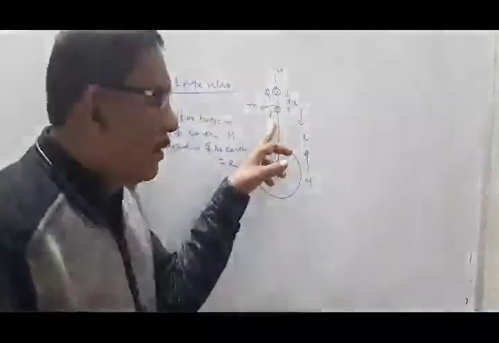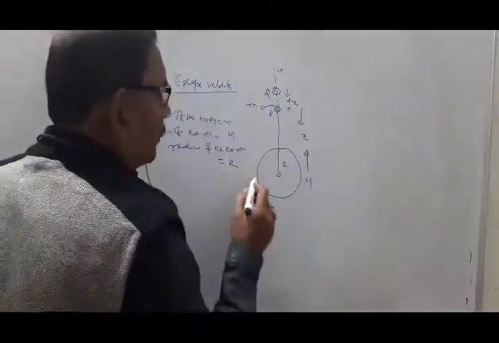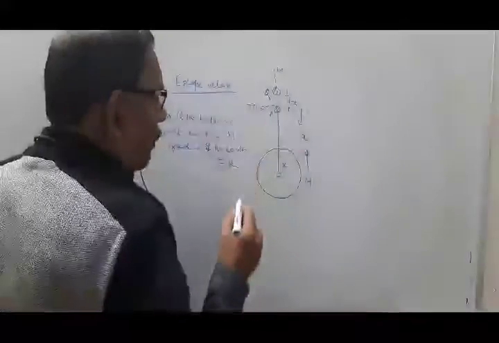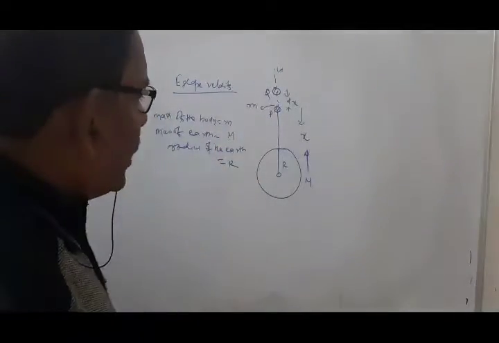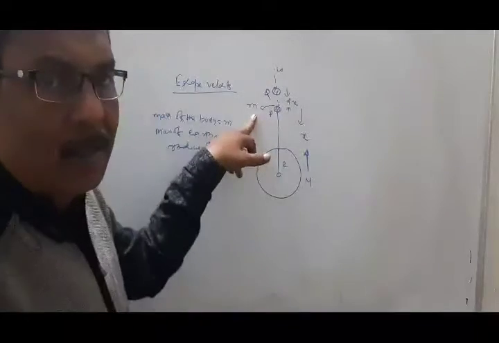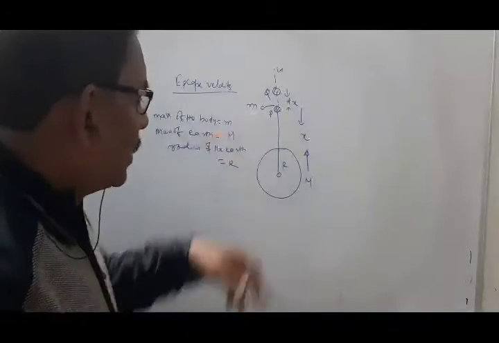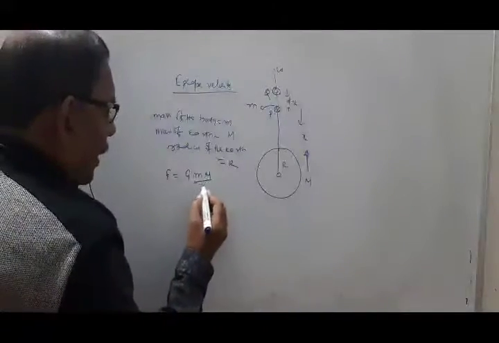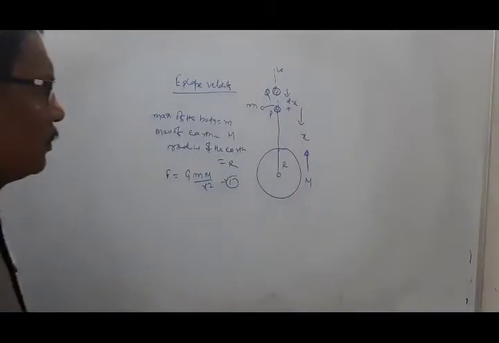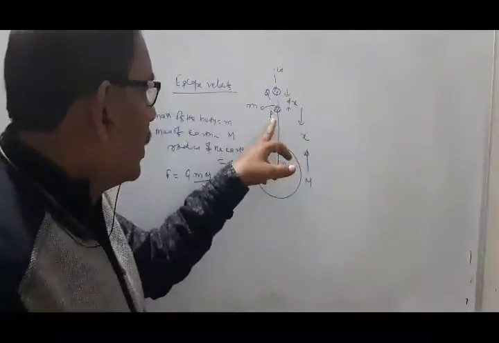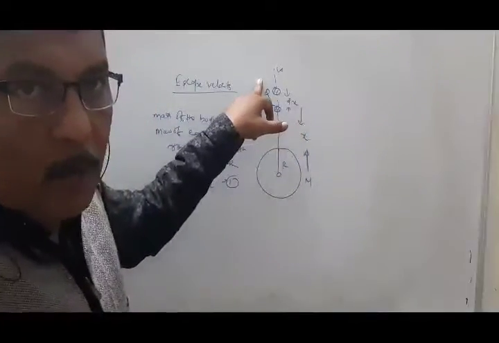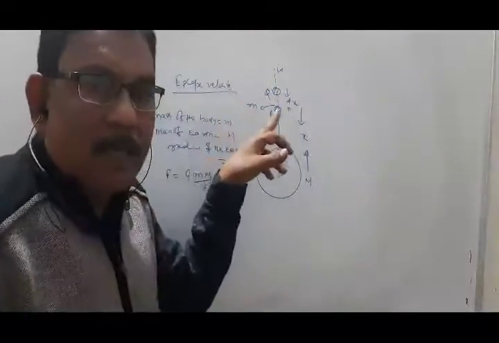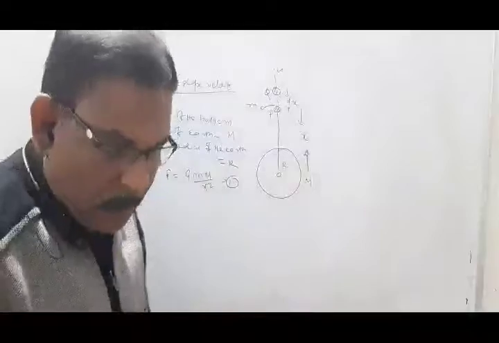Now consider a body, or satellite, of mass m at an initial distance x from the center O. At this point P, find the force of attraction between the earth and the body, small m. Here F = GMm/x². Now shift the body a distance dx from P to Q. So what is the work done here? Shifting the body upward from P to Q, this is the work done against the force of gravity. Clear?